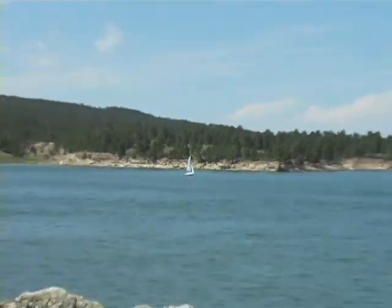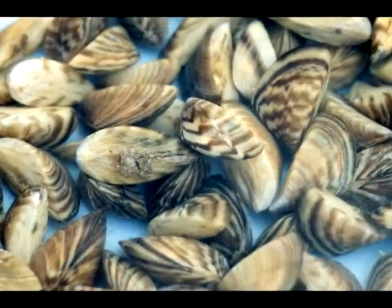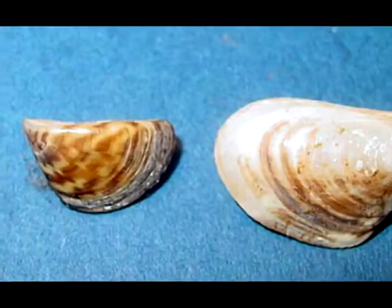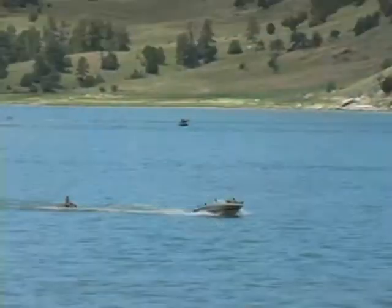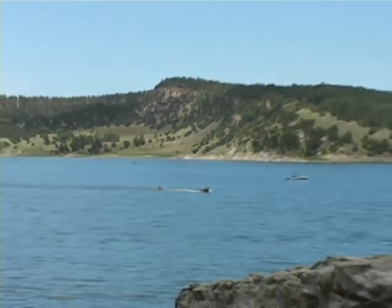I'm Sue Castaneda for Arts Parks History, and this week we want to talk about an important issue facing Wyoming's rivers, lakes, and streams. Across the country, waterways are being infested with non-native animals classified as AIS, or Aquatic Invasive Species, such as zebra and quagga mussels. They've spread across the United States and infested lakes as close as Colorado by attaching themselves to boats and other